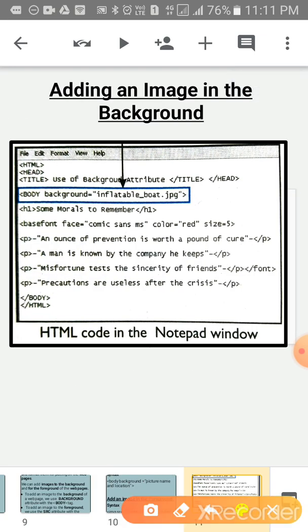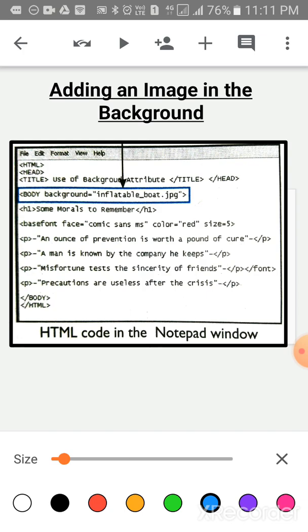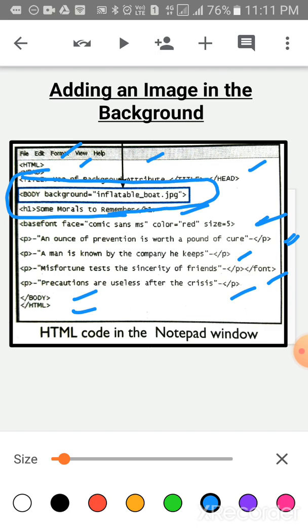Now children, look at the screen. This is the HTML code in the notepad window, showing how to add an image in the background. This is the same as how we write the coding in a notepad. This is the paragraph tag, base font, then the closing tag of body, closing tag of HTML. You have to see how to insert an image in a background.